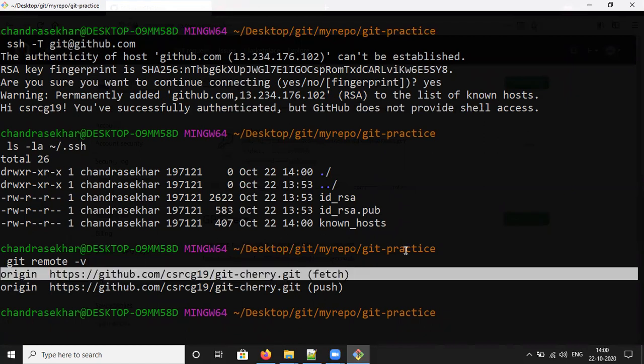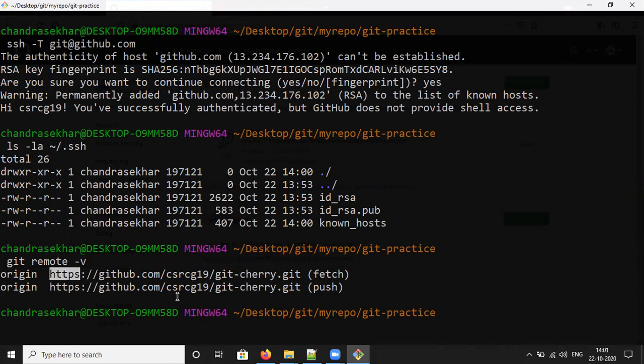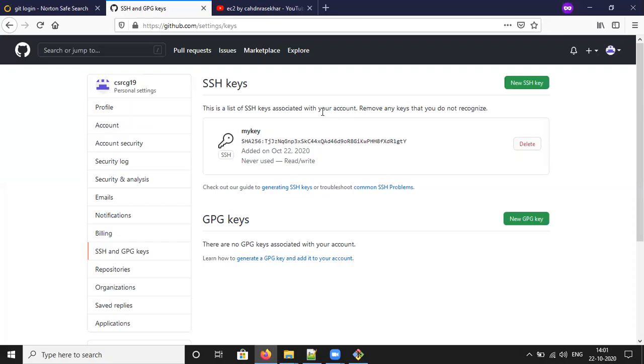Instead of using the https urls we can use the ssh url. For that you need to add the ssh url using the below command, git remote add. I'm giving the alias name as ssh url. Then you want to copy this url.